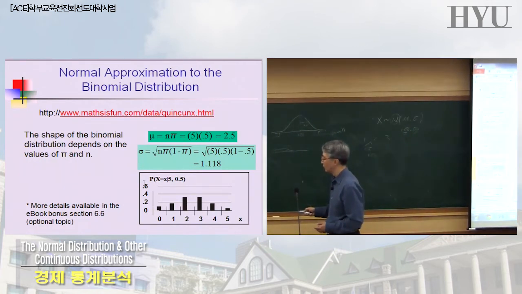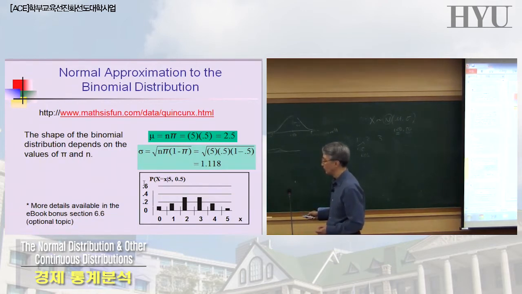Here, this is the case where you throw a coin 5 times, okay? So if you throw a fair coin 5 times,